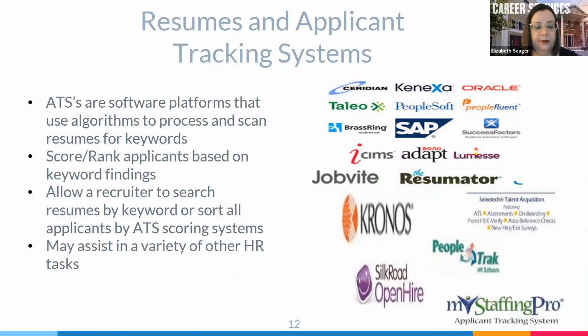Okay, so applicant tracking systems are software platforms that are programmed to process and scan resumes, and they do it by looking for keywords. So what you have is an organization using an applicant tracking system. As you can see, there's quite a bit listed here in terms of the brands of applicant tracking systems that are out there. What happens is a recruiter will put a job description into an applicant tracking system, and they'll go ahead and enter all the keywords that they're looking for on the resumes,